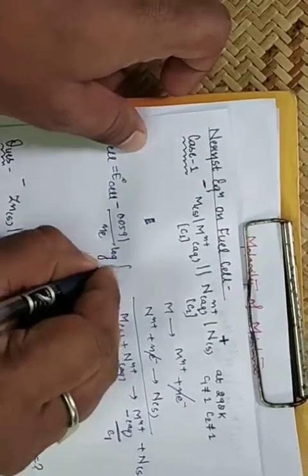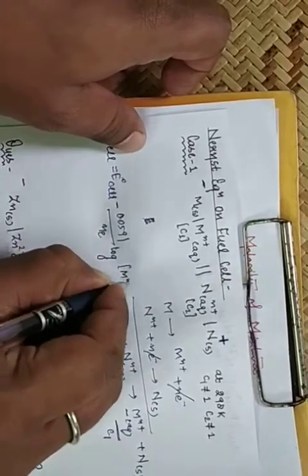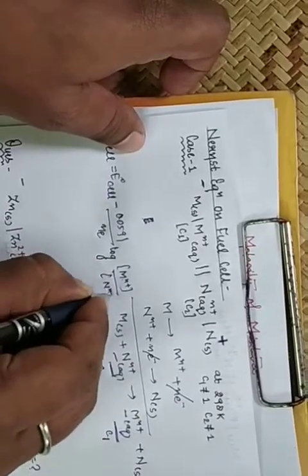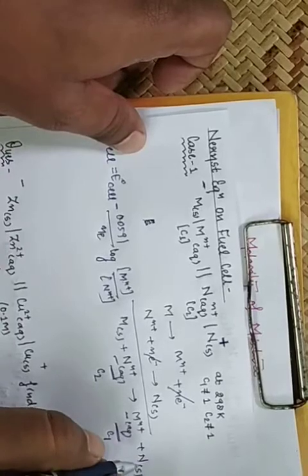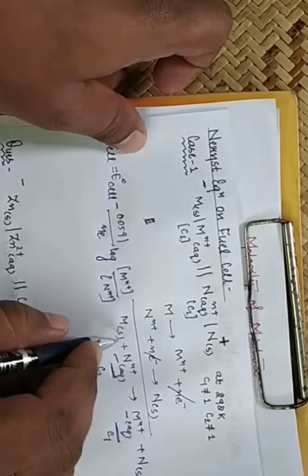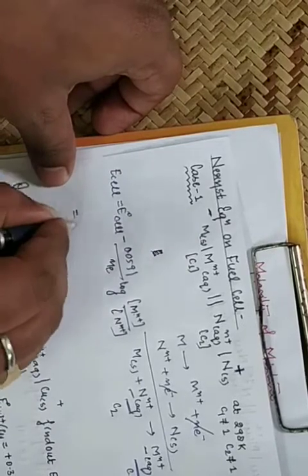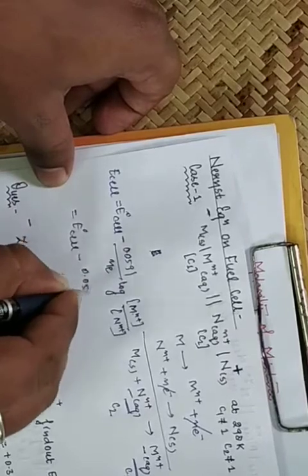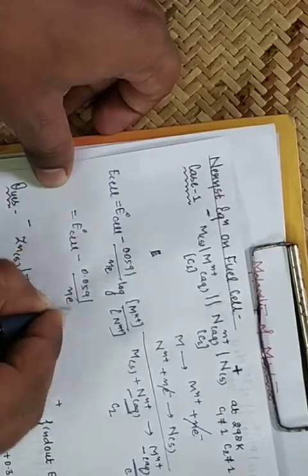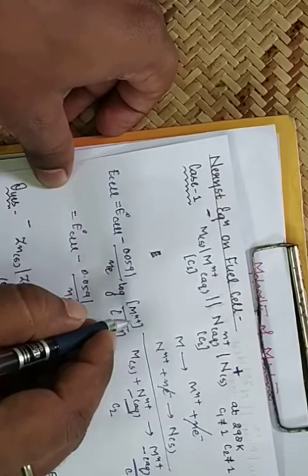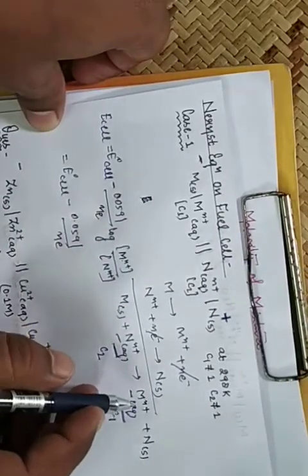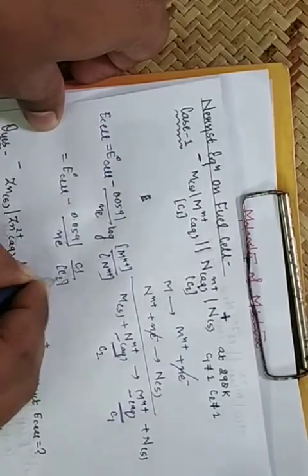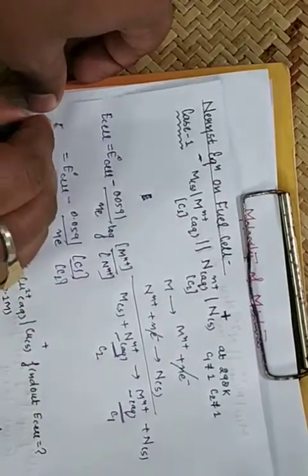The product is what? Mn+ and reactant is what? Nn+. You also write this, but the value of these two, the n value is 1 and the m value is 1. Now you can also write E naught cell minus 0.0591 upon n electron, and the Mn+ is C1 concentration and Nn+ is C2 concentration. So this is the formula, the E cell value.